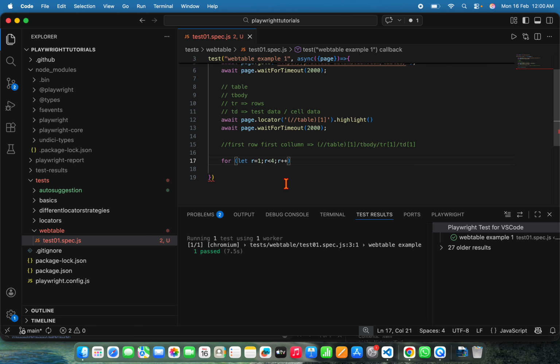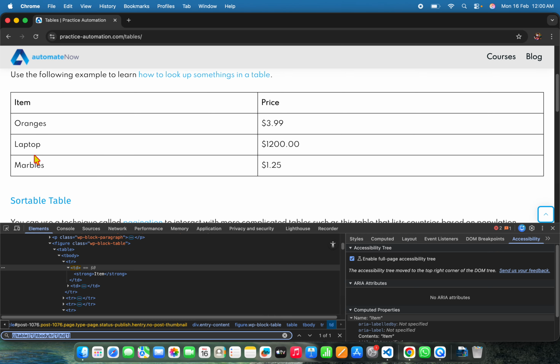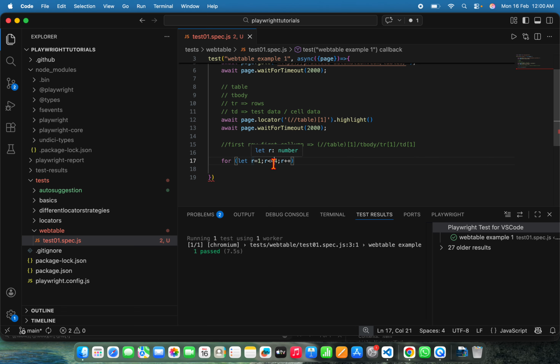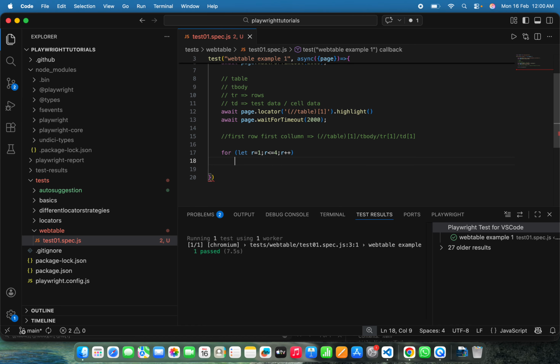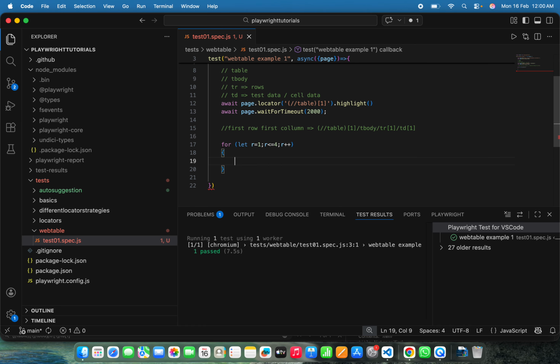No, so this is less than or equal to. It starts from the first row and then it has to go until 1, 2, 3, 4 rows. So I give it as for (let R = 1; R <= 4; R++). And then I'm creating an inner for loop for